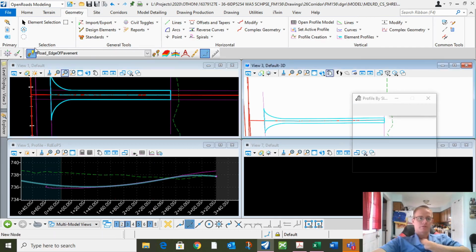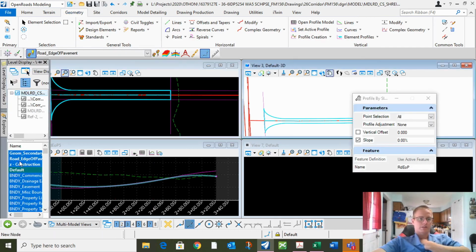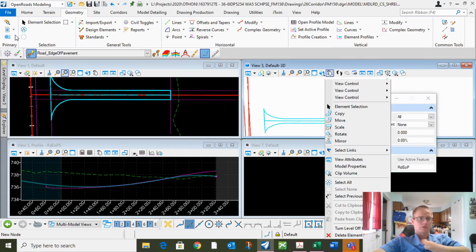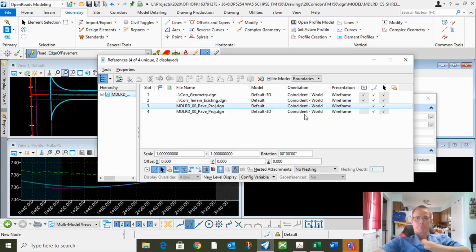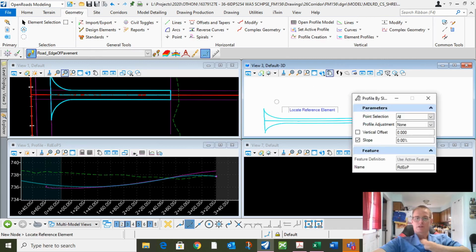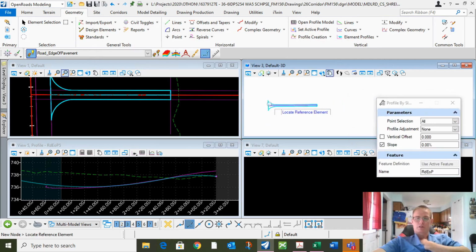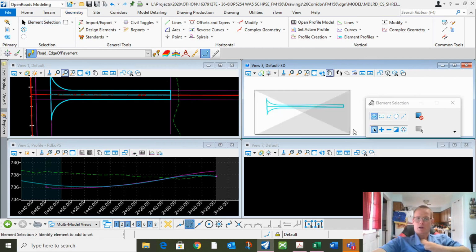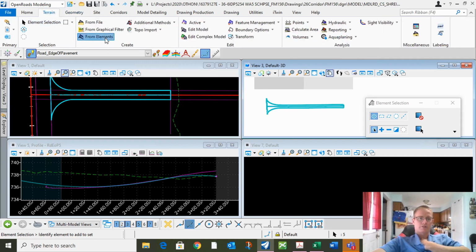Alright, now go here, turn off everything except for the road, edge of pavement. Turn these guys off as well. Only thing we have in here are 3D elements of the edge of pavement and the center line. These will be our basis for creating the terrain. So we'll select all those elements, go to terrain, create from element,